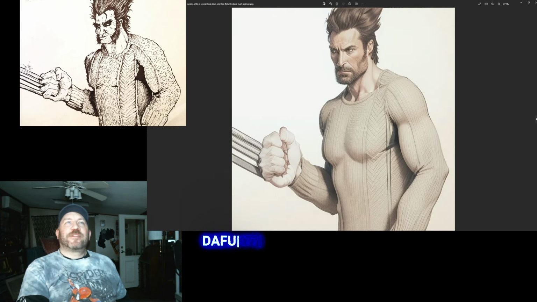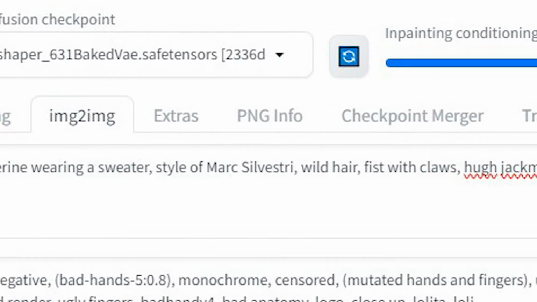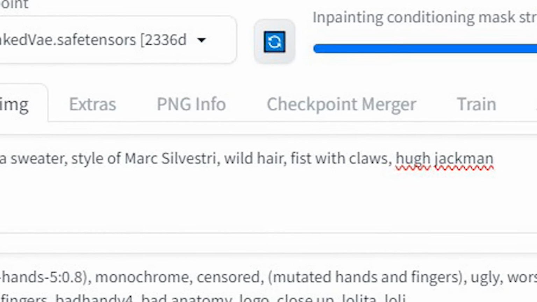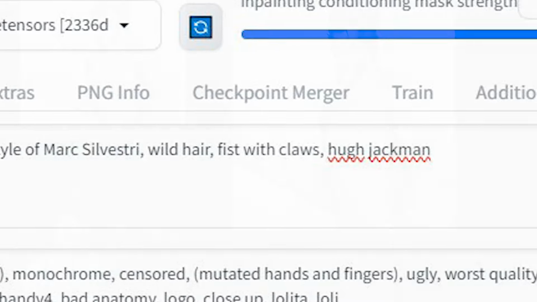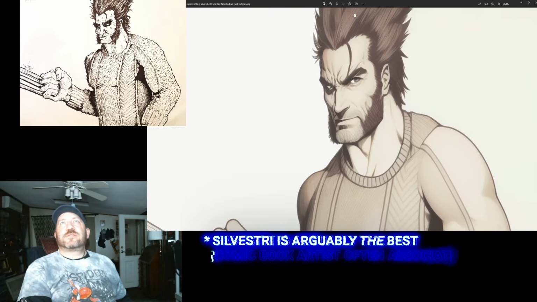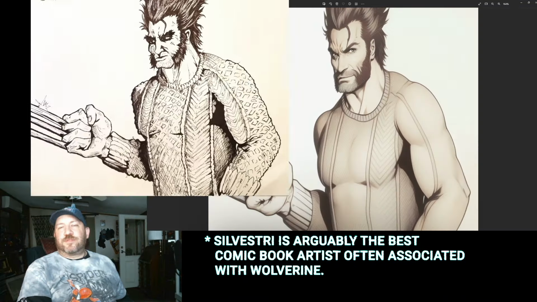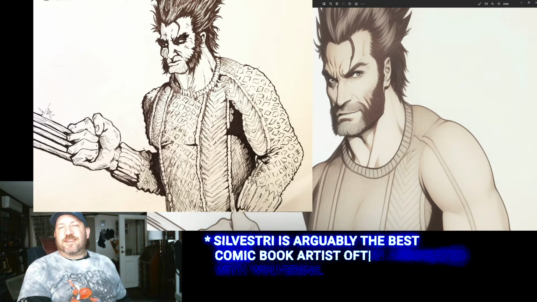All right, tweaked it some more. Then I think I put Mark Silvestri's name in the prompt at some point. And even though this illustration is obviously inspired by the comic and not so much the movies, I put Hugh Jackman's name in the prompt at one point as well. As we can see, there's some Mark Silvestri influence here. I like how it took the facial expression and made it, I don't know, like he's